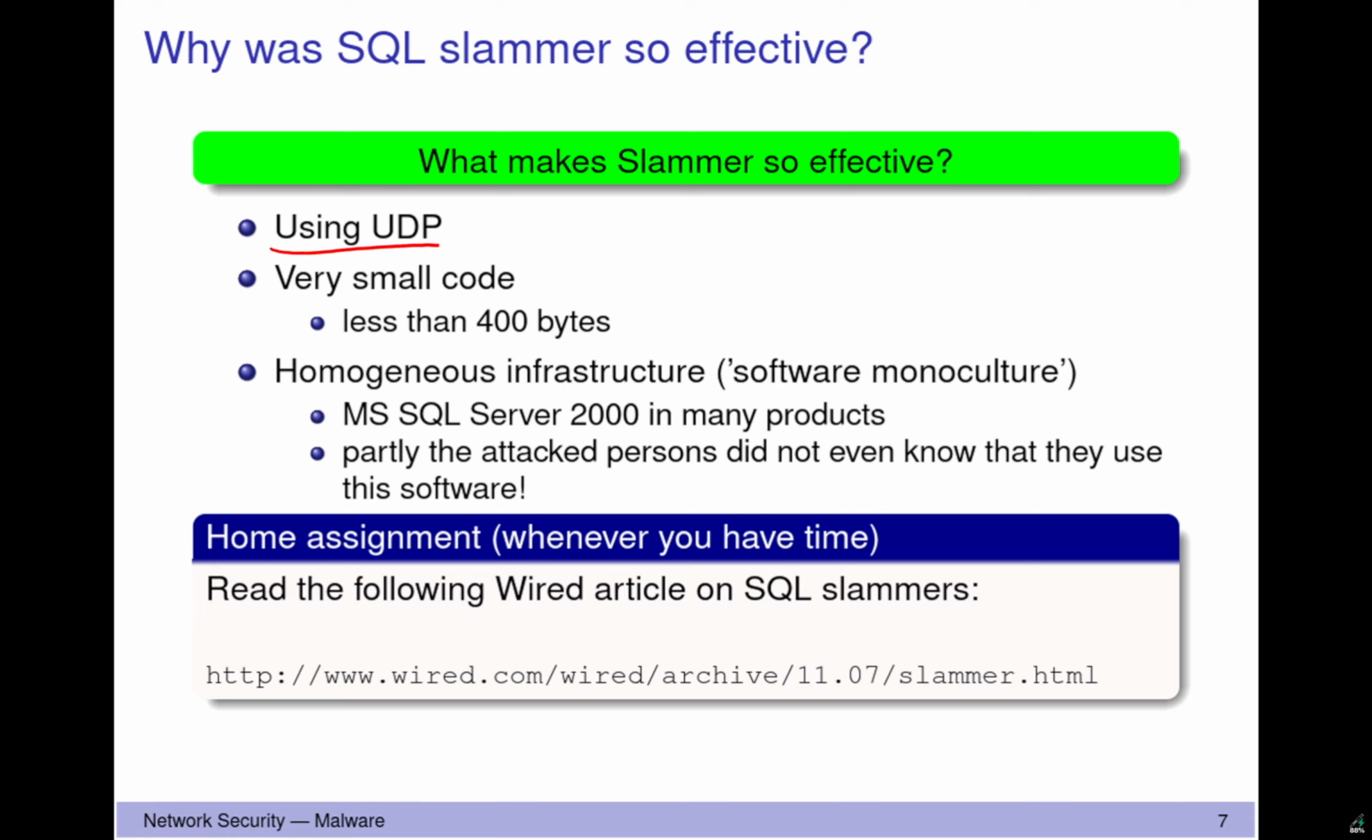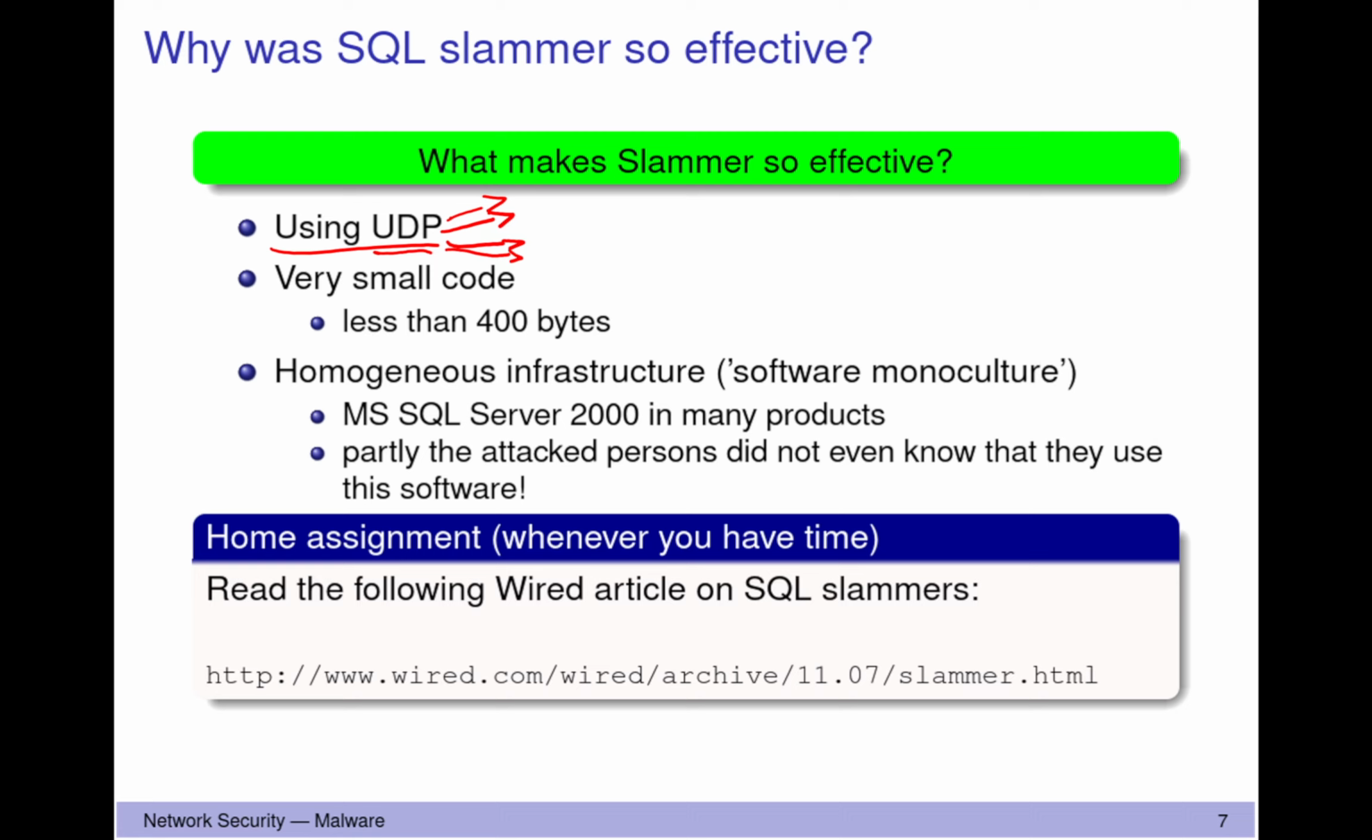And in this case, it was just one single UDP message. Why is UDP better than TCP? Because in UDP you just have to send out a message. You don't have any handshake. You just send it out to any random IP addresses that you want. And if there's a server at that point, it will have this buffer overflow. It will execute the code that you sent it, and